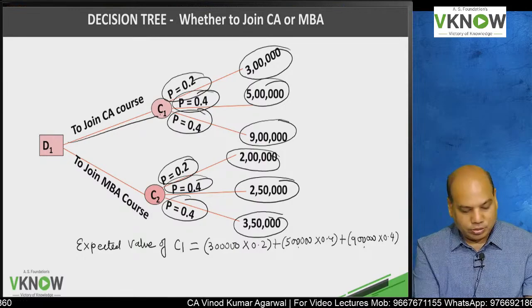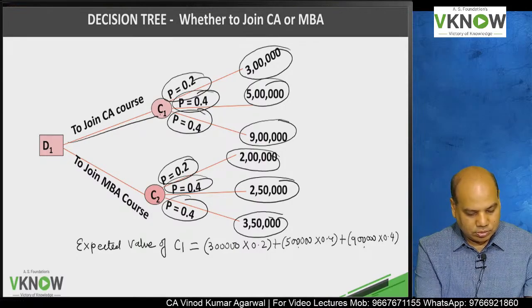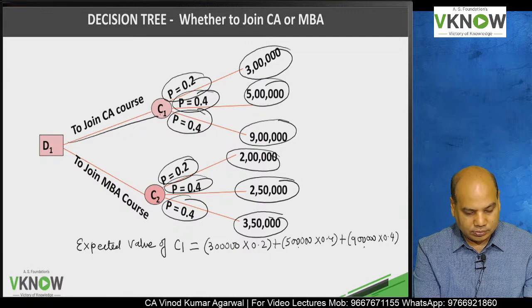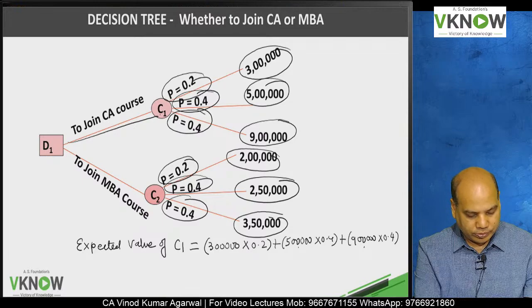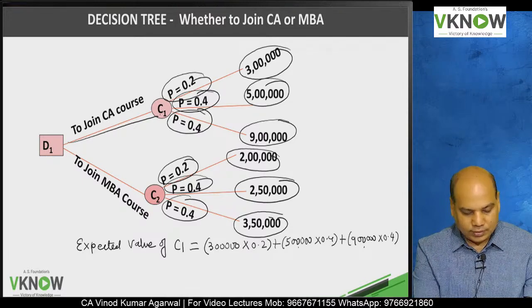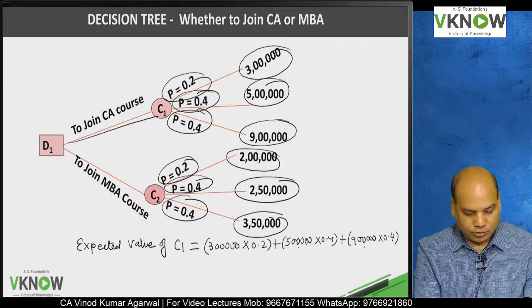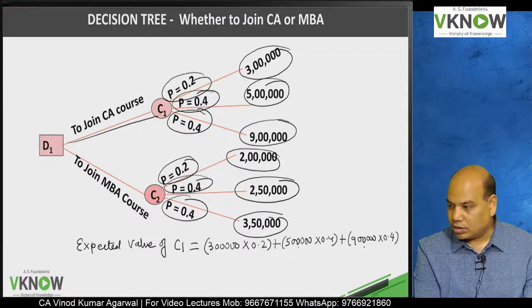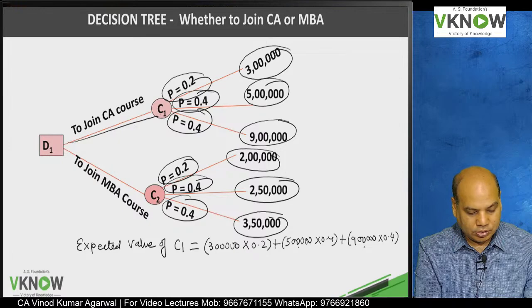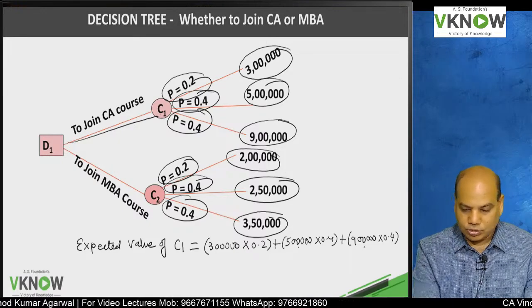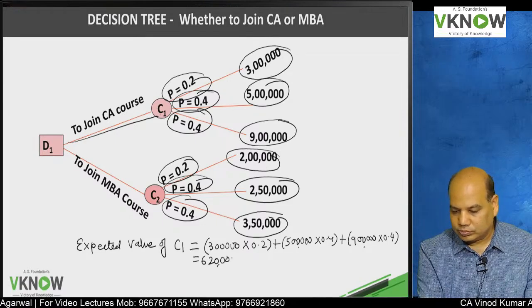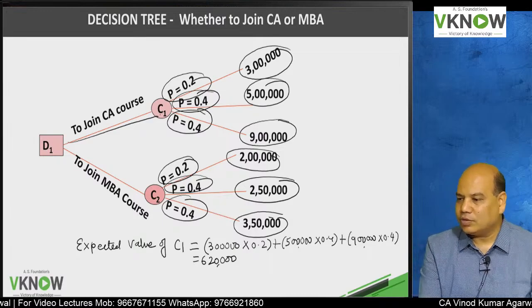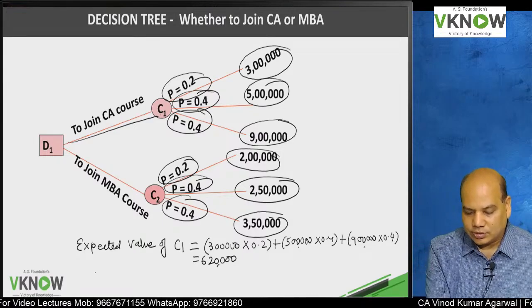3 lakh into 0.2. Please reply first. 3 lakh into 0.2 is how much? 60,000. 5 lakh into 0.4, 2 lakh, and 9 lakh into 0.4, 3,60,000. Total 6,20,000. So my expected salary of doing CA course is 6,20,000, and one more line,